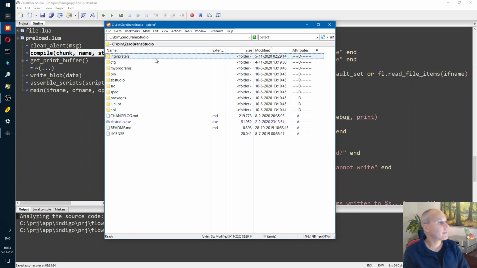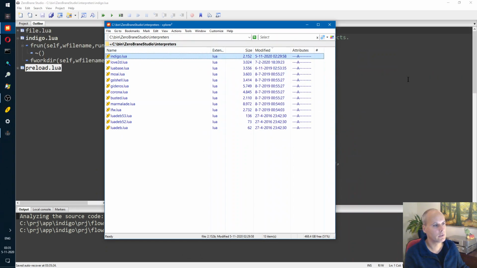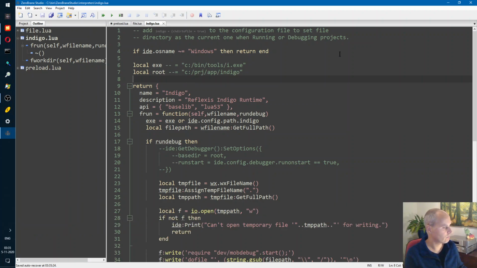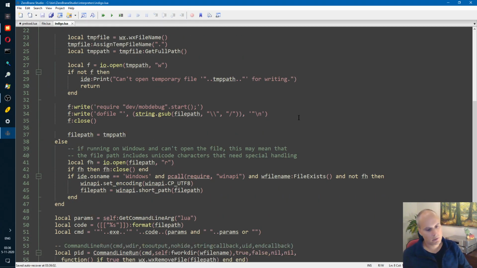Once you've installed it, there's this interpreters folder, and you need to have an entry that explains to this IDE how Indigo works. That's actually a file, so let's open it up in ZeroBrane Studio itself here. Let's remove these. Because what happens is when the IDE wants to debug an Indigo script, you need to initialize